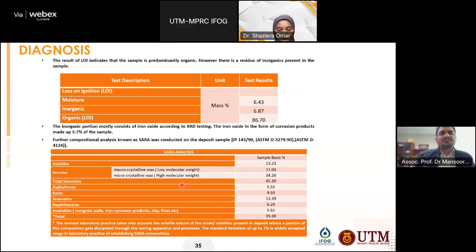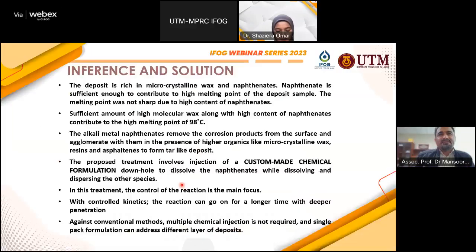It's composed of macrocrystalline wax and microcrystalline wax, also conducted. SARA test and also modified SARA test is conducted, and then the output of this test actually helps the team to come up with a good formulation for that. So based on that, a custom-made chemical formulation is made for this chemical, and then control of reaction, of course,